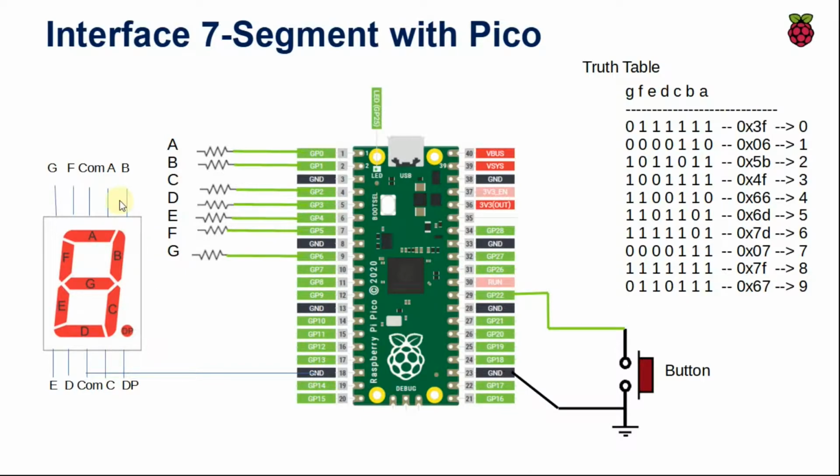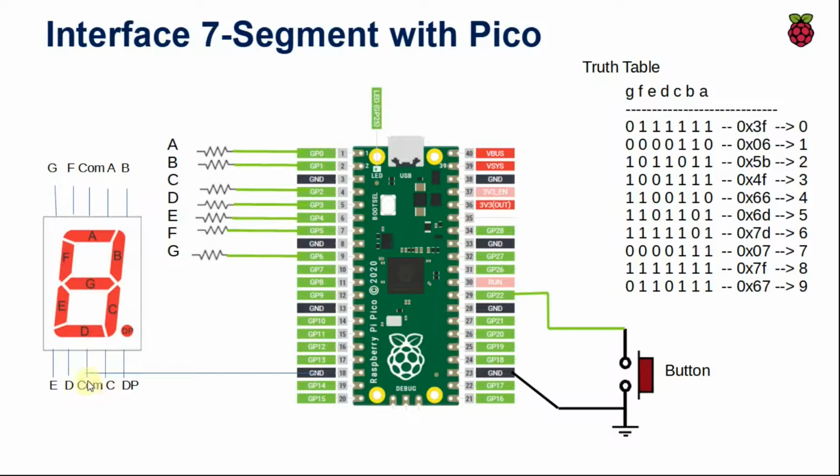In the market we used to have two kinds of 7 segment displays. One is common cathode and the other one is common anode. So here I am using a common cathode display. It will have 7 segments, namely A, B, C, D, E, F and G, and it also has a decimal point. Apart from this, we have two more pins here, that is the common pins.